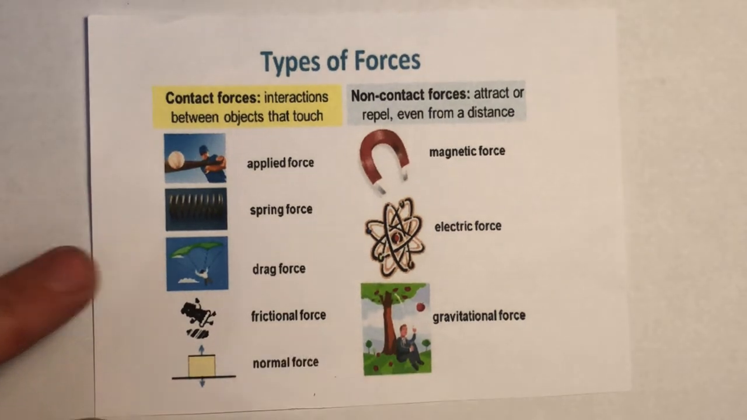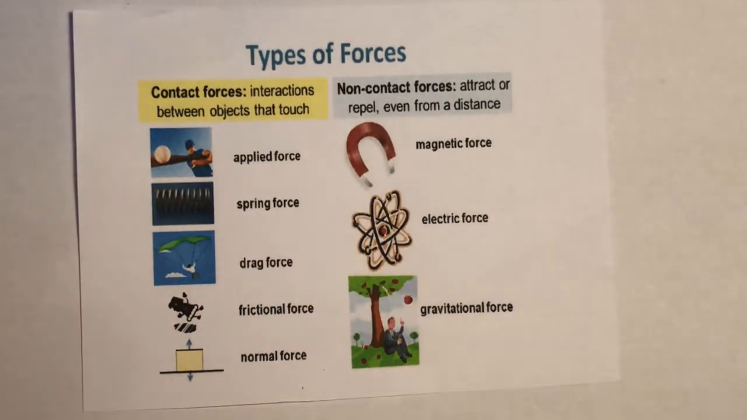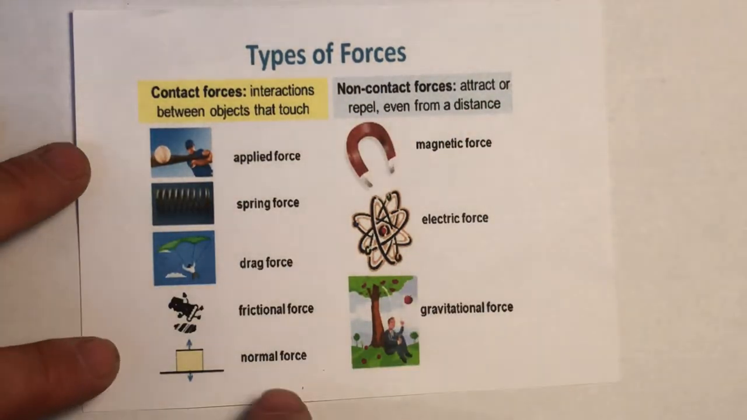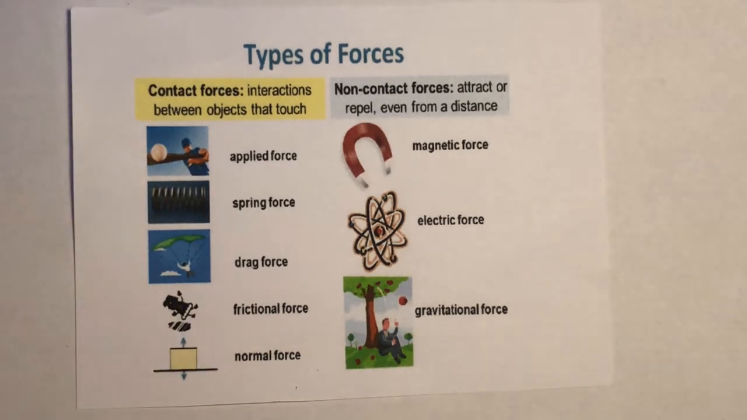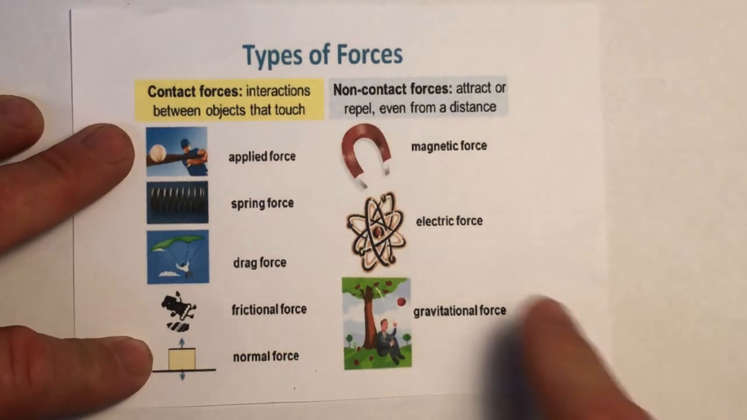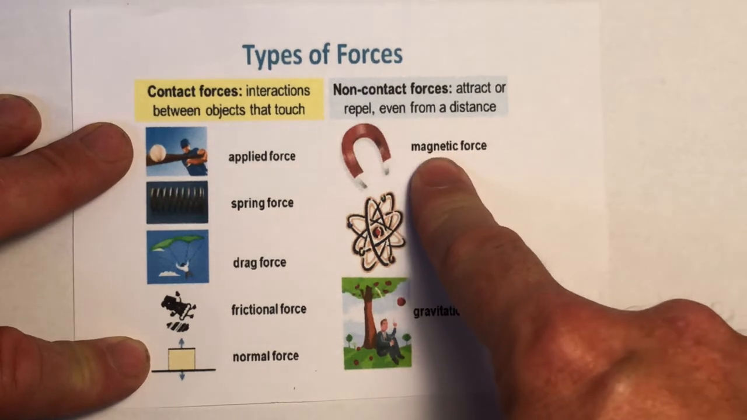Frictional force is the contact force between 2 different objects. Rub your hands together, and there's a frictional force in between the 2. And then the normal force is basically one at 90 degrees, like putting something on a table, where there's a force up and a force down. That's your normal force. The 3 non-contact forces that you need to remember are magnetic force,